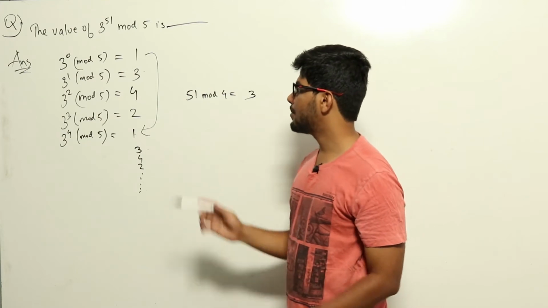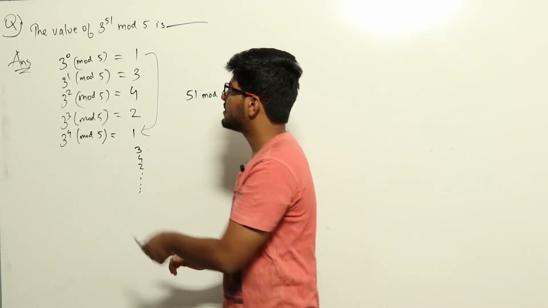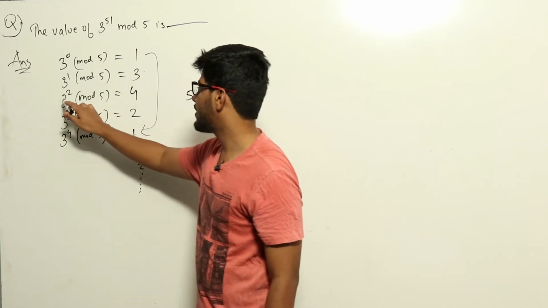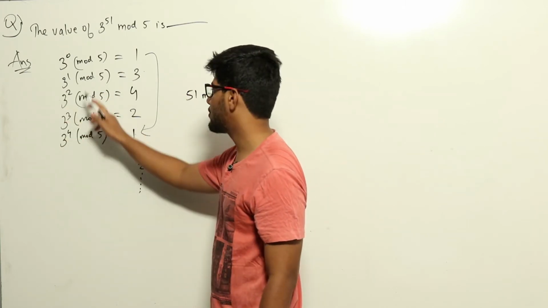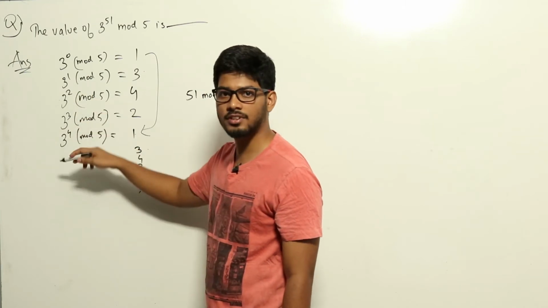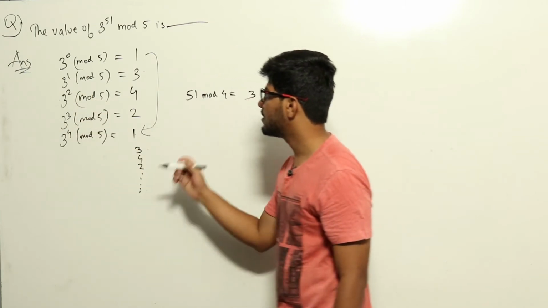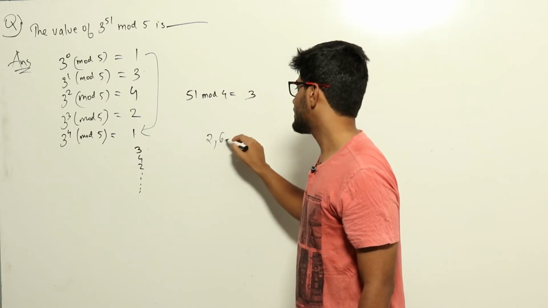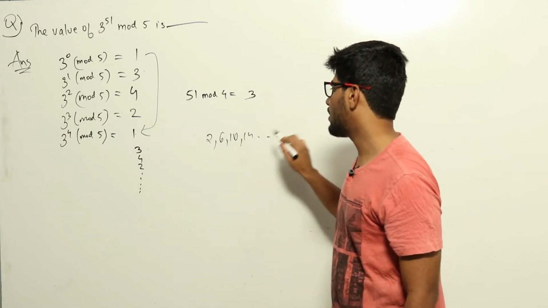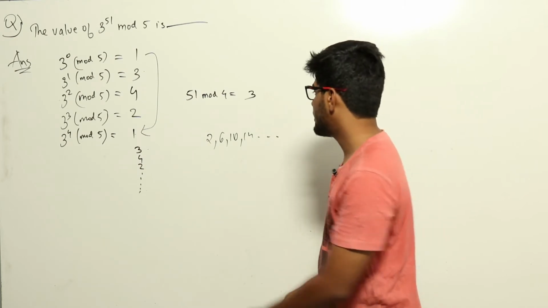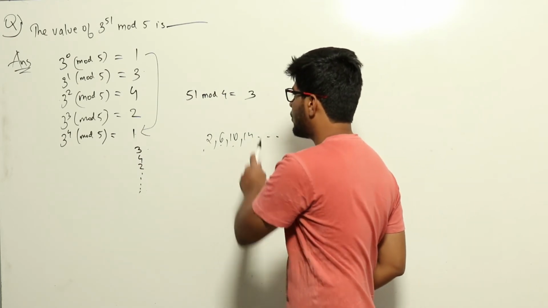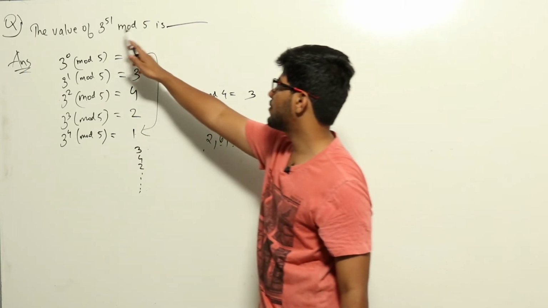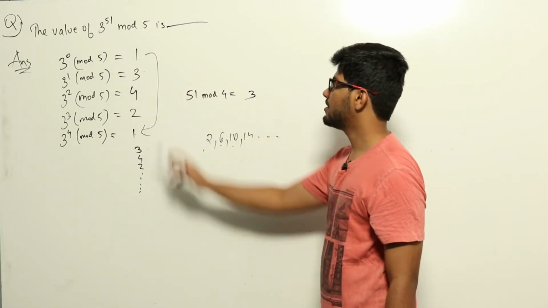So for any number, for example, if I take any 2 and if I increase the value of 2 by multiples of 4, the next number will be 6. After that, if I add 4, the number will be 10, etc. Then 3 power n mod 5 such that n is 2, 6, 10, 14, etc. All these will be having the same value, because these increase by values of 4, and after 4 this cycle repeats.